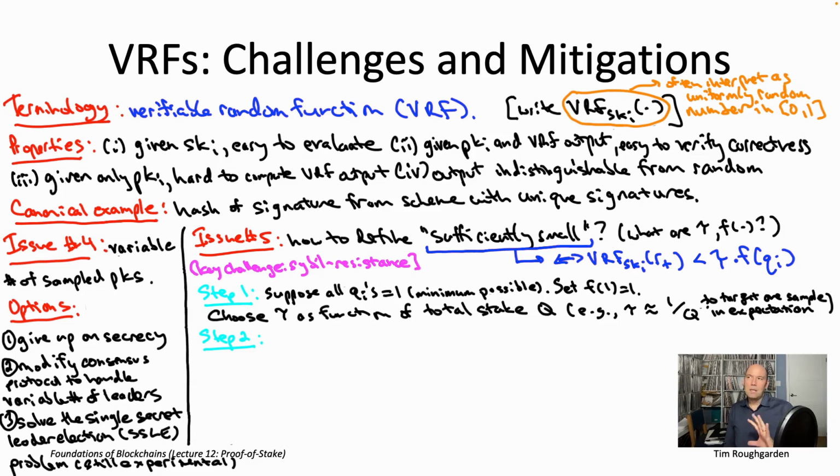So to see what I mean, put yourself in the shoes of a proud owner of 12 coins, who's going to register in the staking contract and is debating whether to do it under a single public key with its full stake with q_i equal to 12, or alternatively whether to register with 12 identities, so 12 different public keys with 1 coin each. So in the first scenario, if you register under only 1 public key, obviously either that public key gets sampled or it doesn't. So presumably, you're kind of bummed if you don't get sampled, you don't get to do anything, and you're sort of happy if you do get sampled because, maybe you get to, for example, propose a block.